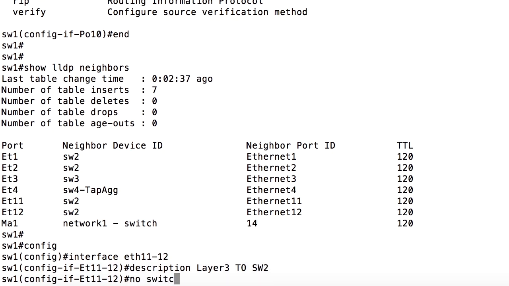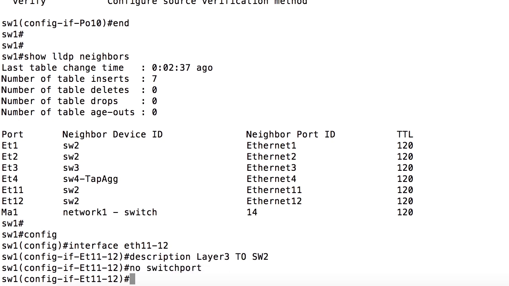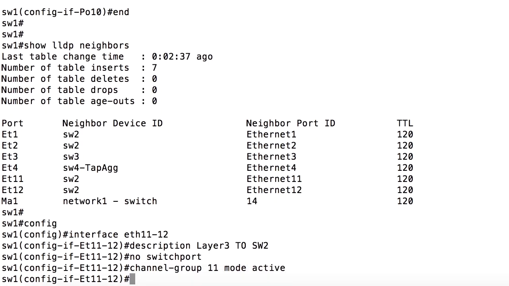No switchport, enter. And the no switchport option is what we use to make it a layer 3 interface. And then we're going to join both of these to a new channel group, channel-group 11 mode active, enter. And now we configure our port channel 11, interface port-channel 11,